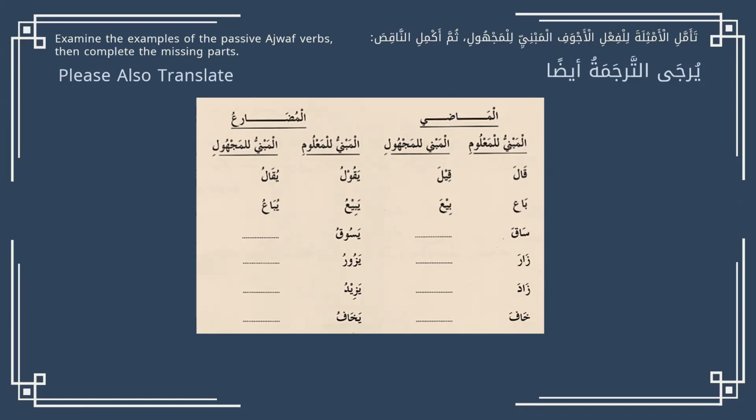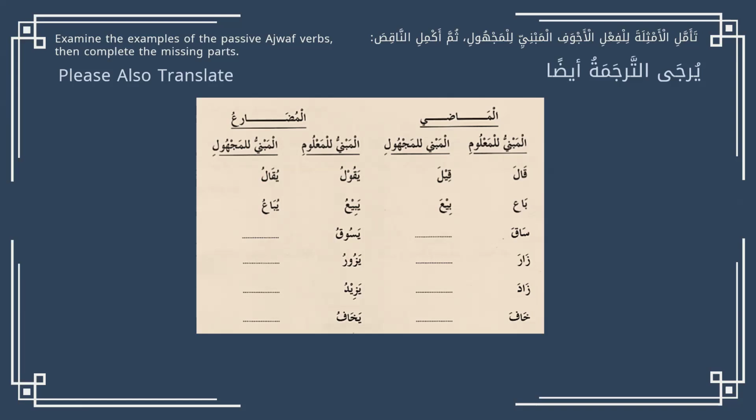Just simply look at the examples up top and you will be able to change those words very, very easily. And remember why it is like this: the first ones that you're seeing on your right hand side are ghairu salim words. Because they're ghairu salim verbs, you're going to change them by using that same rule that you see up top. You can see that there is a kasra being added for all of these words. That's all you have to do. And then translate also.